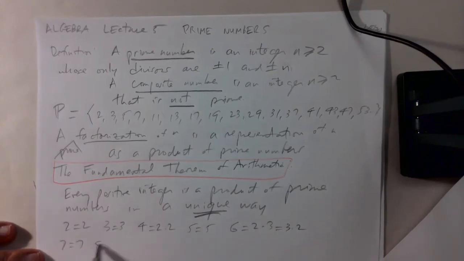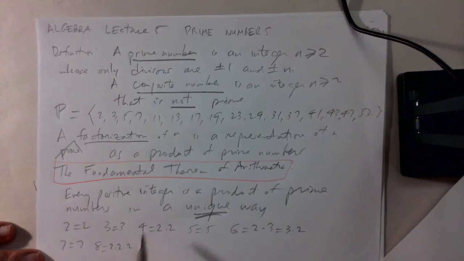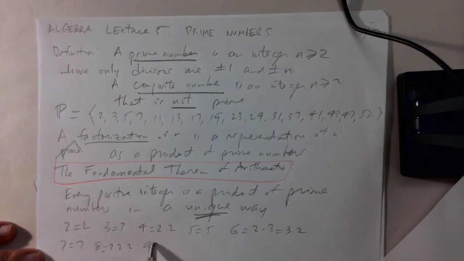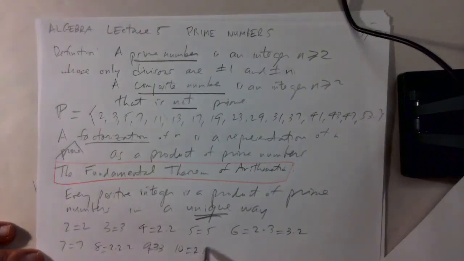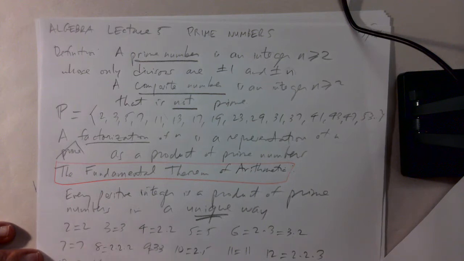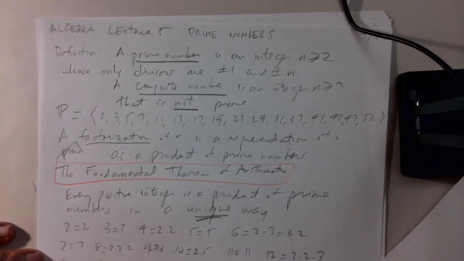7 is 7. 8 is 2 times 2 times 2. 9 is 3 times 3. 10 is 2 times 5. 11 is 11. 12 is actually a lot of fun. 2 times 2 times 3. 13 is 13. These are all the factorizations of the integers as products of primes,